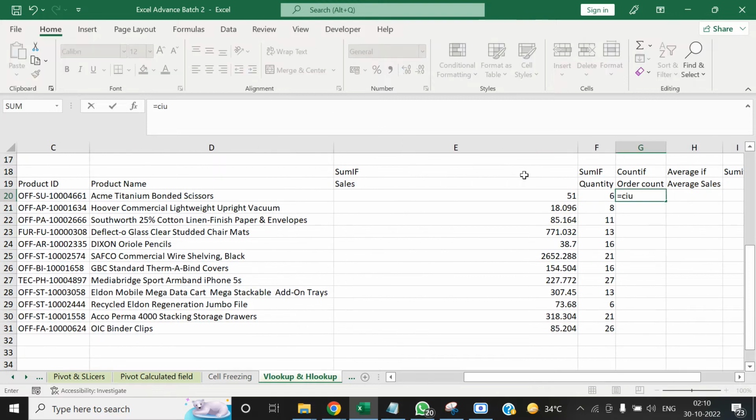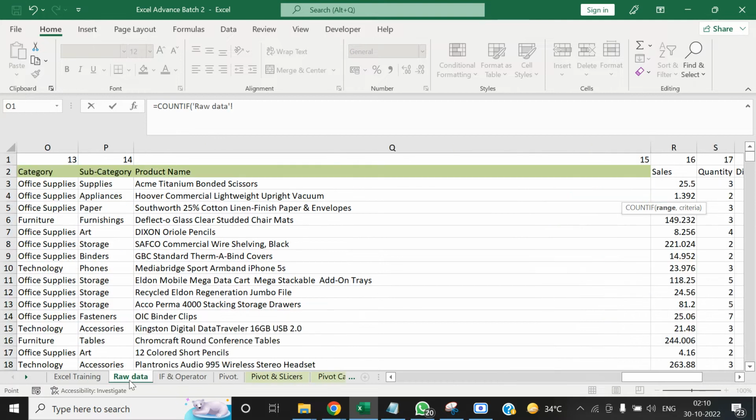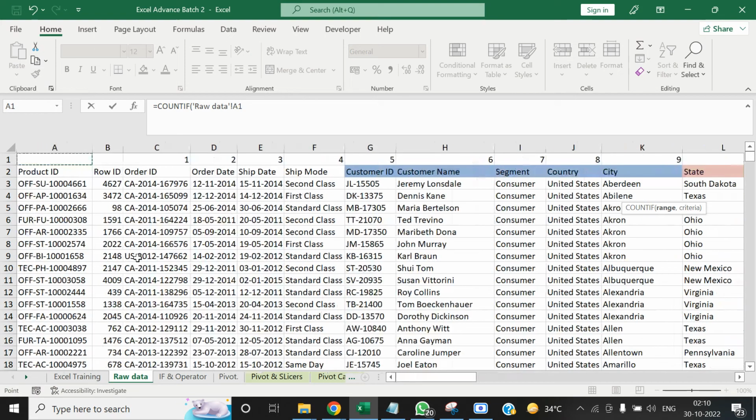I'll use countif. Here we just have two parameters, range and criteria. The range will be the entire product ID column, and my criteria will be